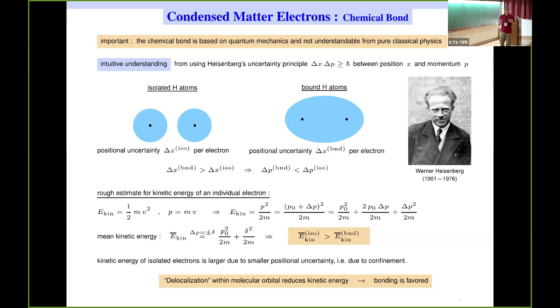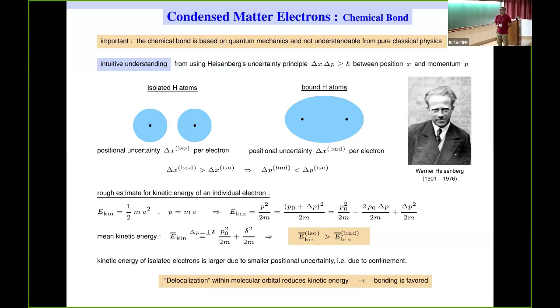And of course, they don't want to bond classically. Why should they? Because they're all charge neutral. So there's no reason classically that they will exchange electrons. There's no reason, because they're all happy by themselves classically. But of course, you realize that if they would find such a bonding structure, then there would be some other